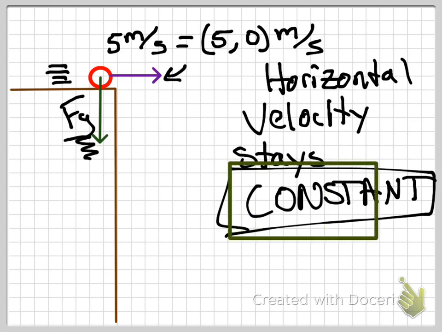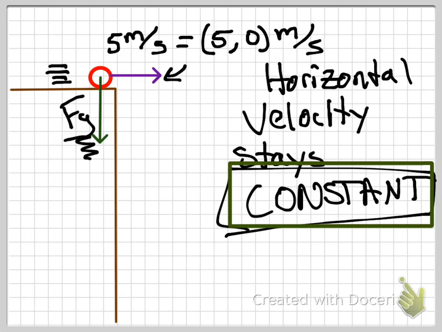So our horizontal velocity stays constant. And if you go into higher level courses, it will stay constant all the way up until way higher level college physics, because this is only the most basic form of projectile motion, just the basic ball rolling